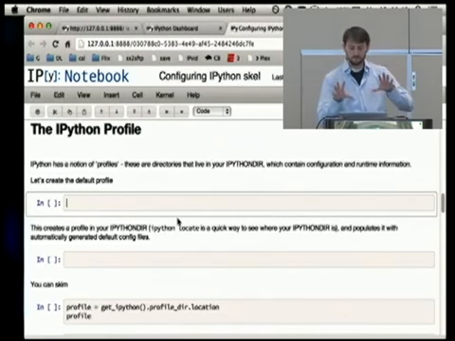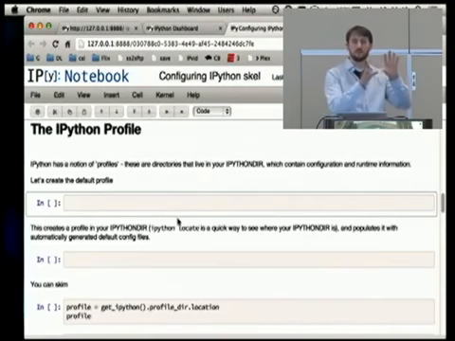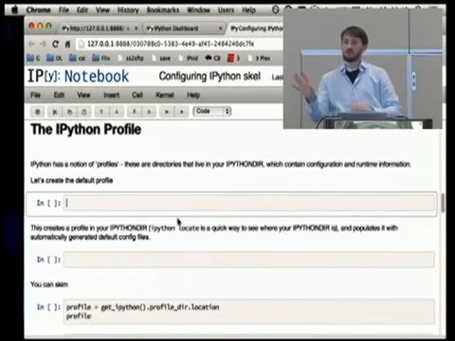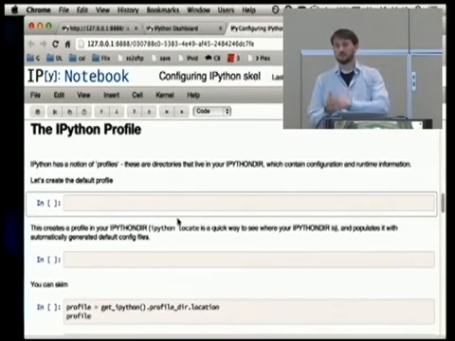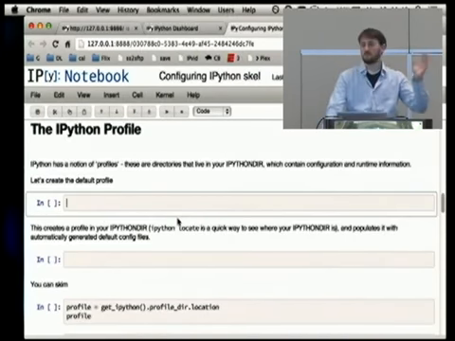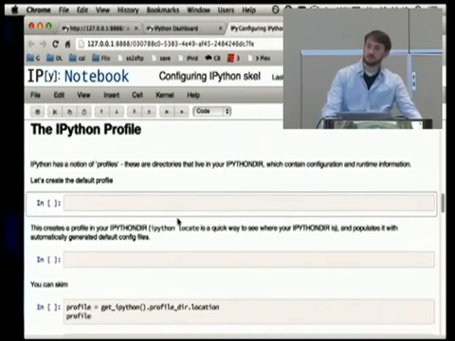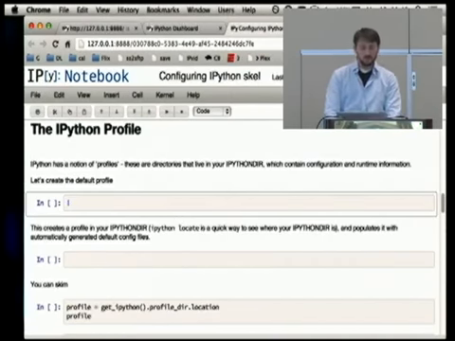so that you can have a different profile. Let's say you might have a profile for working on some physics project, and that will have a different history from your default profile. And so you can isolate history, and you can isolate configuration for, I want different colors, different fonts. These things can all be isolated on a per profile basis. So to start configuring IPython,